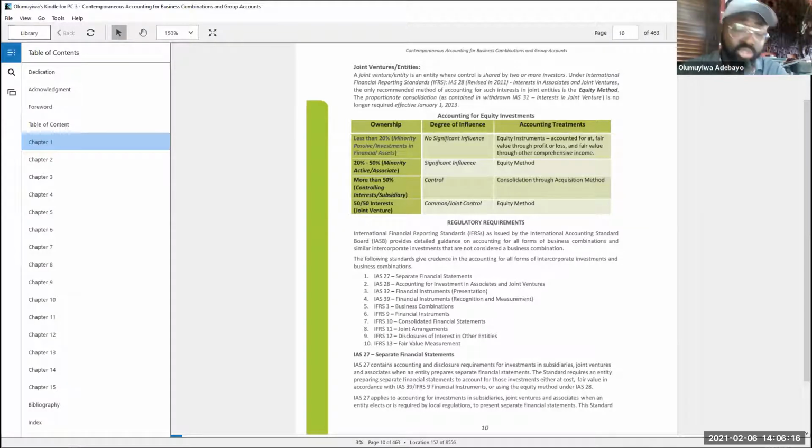When I told you guys to talk about business combination, now, joint venture or joint arrangement does not constitute a business combination. That's why I later restructured it to say, let us talk about intercorporate investments so that we can see the link. And later on, as we move on, you can see the distinguishing factor of what gives rise to business combination. Okay, thank you very much.